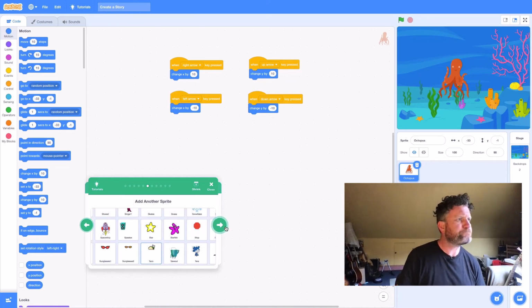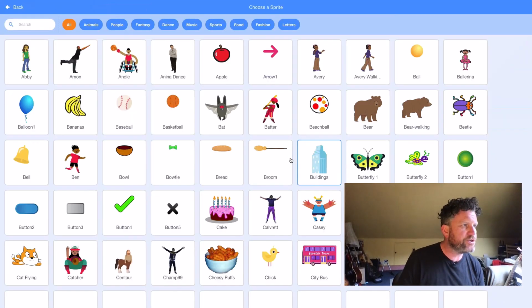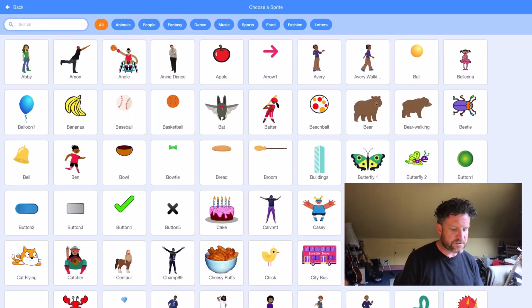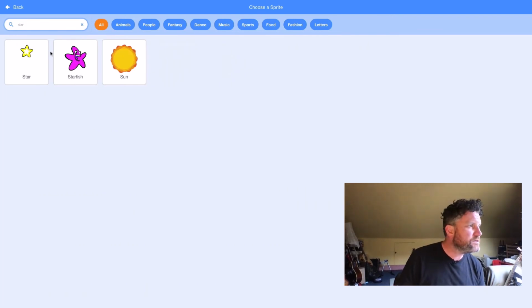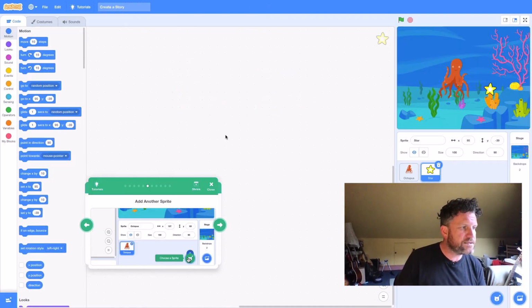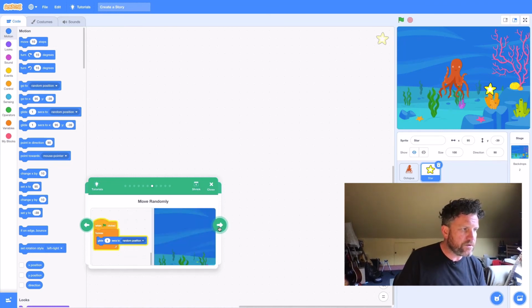Okay, now we're going to add in another sprite. This time we're going to add in a kind of a star, like a starfish. Okay, and this starfish is going to kind of glide around the screen. So I'm going to add in this star. And once I have the star in, I'm going to add some code that gets that star to just move